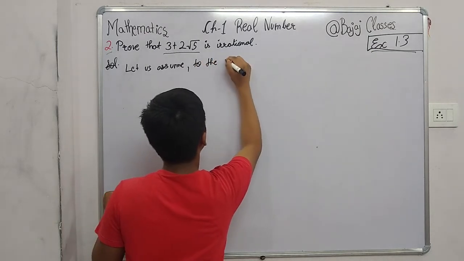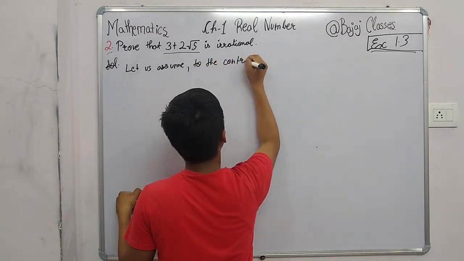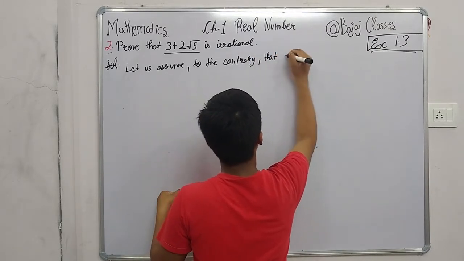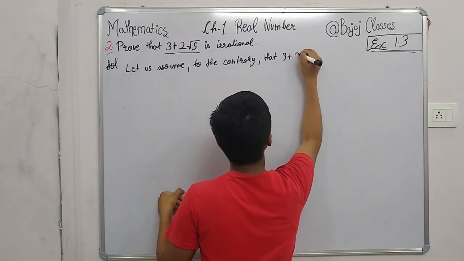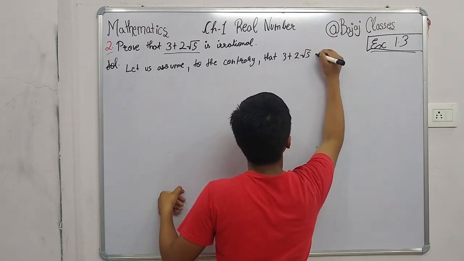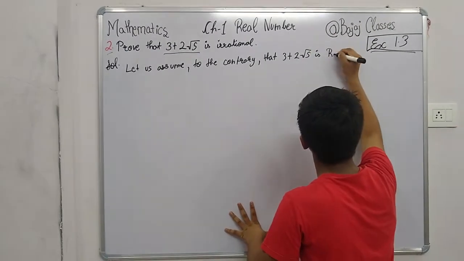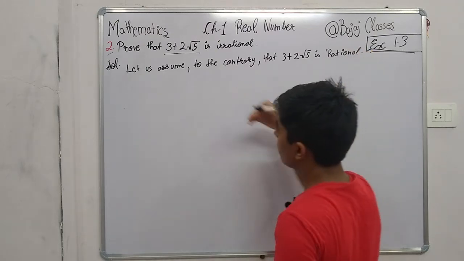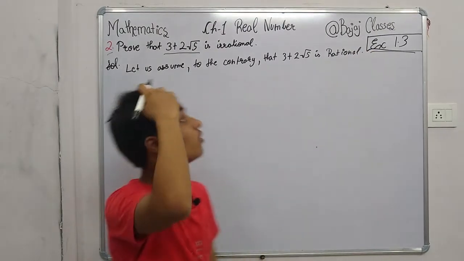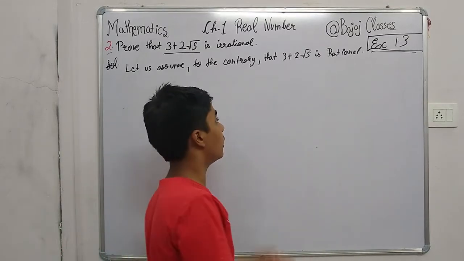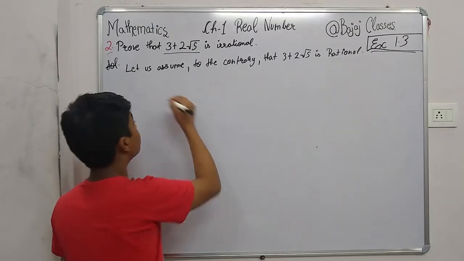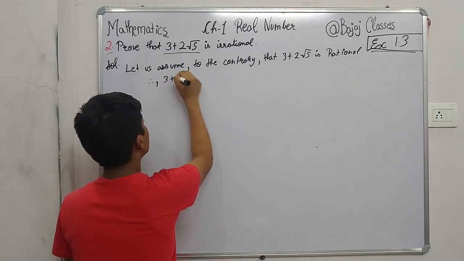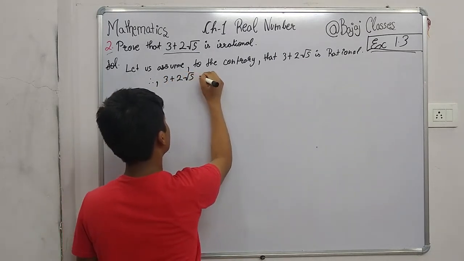to the contrary that 3 plus 2 under root 5 is rational. We are taking this as rational in the starting, but if we prove this contradiction wrong, then our answer will be irrational only. So therefore, 3 plus 2 under root 5 equals a by b,